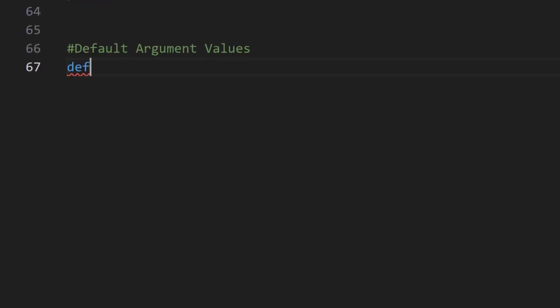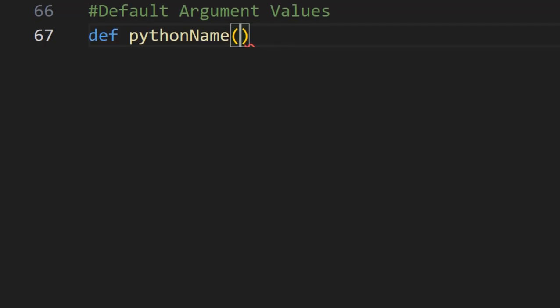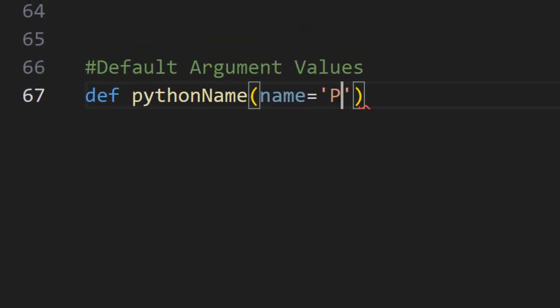The first thing you do is define the function, and the function name is Python name, such that for you to be able to work with default values, you can have a simple parameter, for example name, and you assign the parameter the value Python in this case,